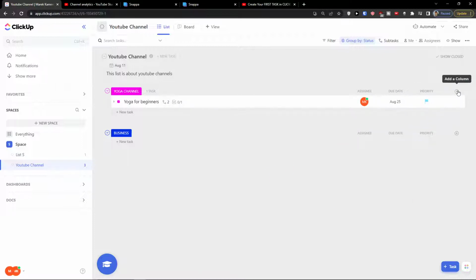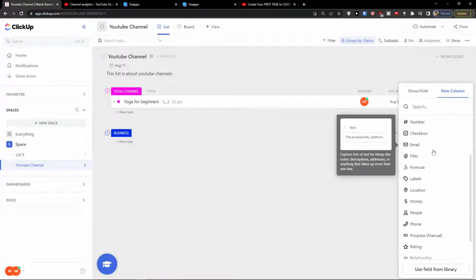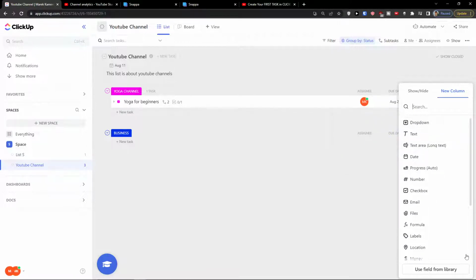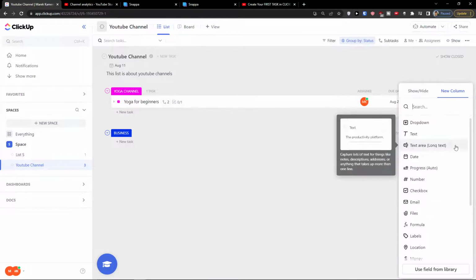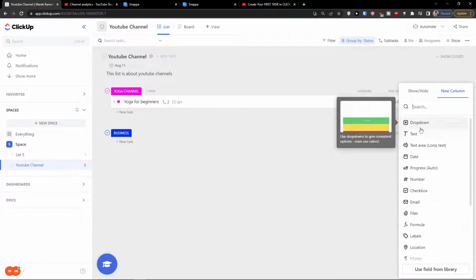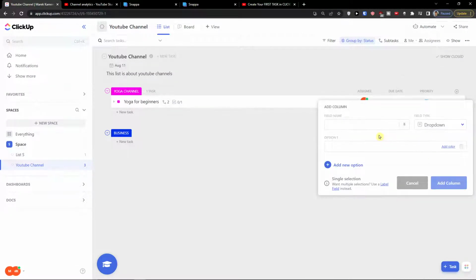When we go even further, you're gonna find here add a column. In add a column, you can add multiple columns. You're always going to see how it actually looks. So we're gonna add a lot of columns, like let's say use field from library. If you have them, you would find them here. But other than that, you can easily find, let's say we are going to add a drop down, and the field name is going to be